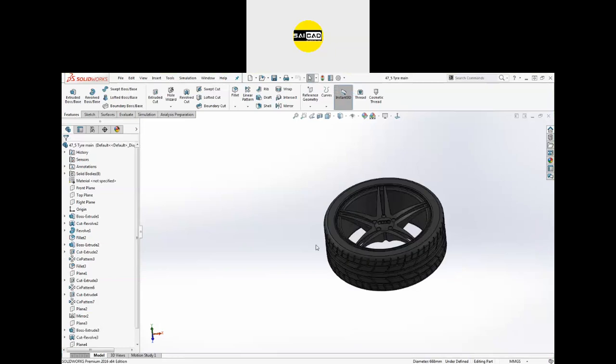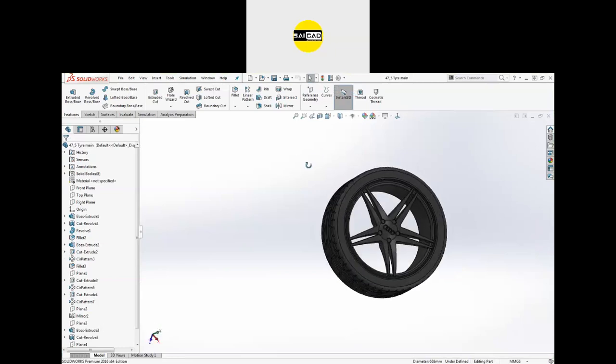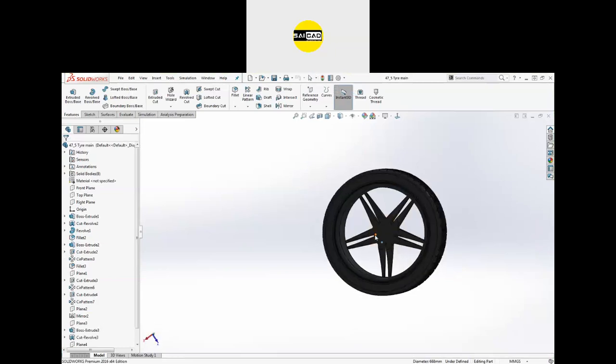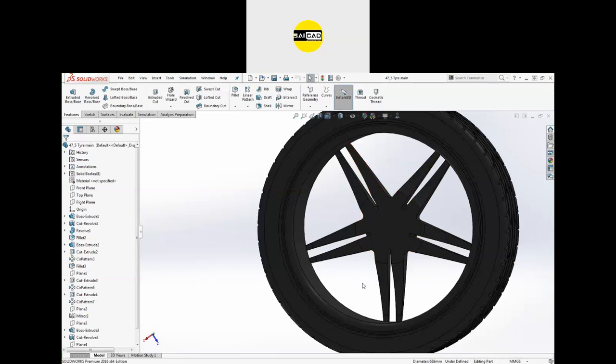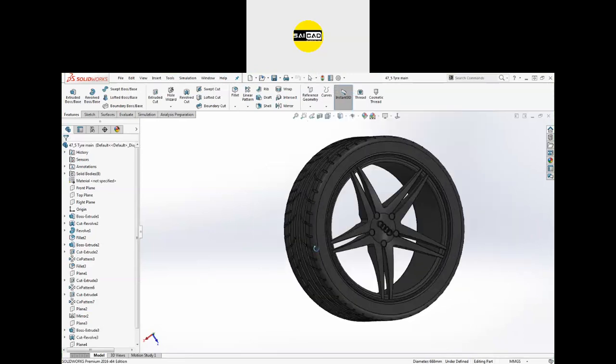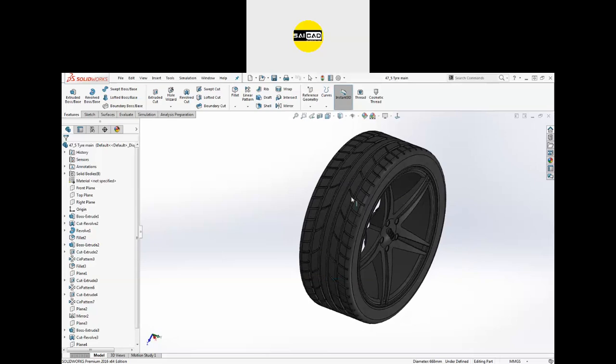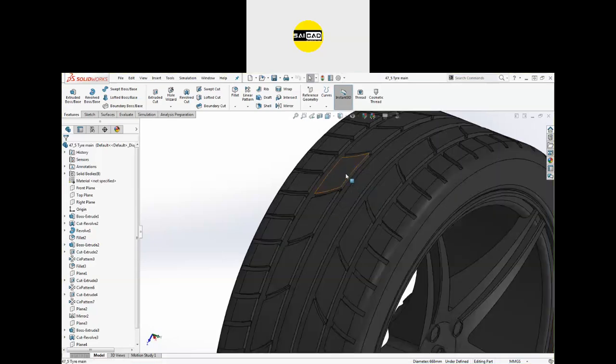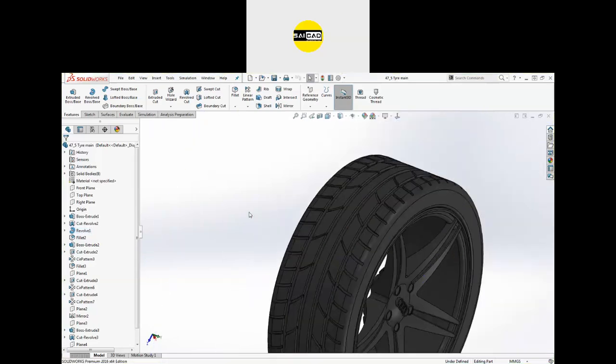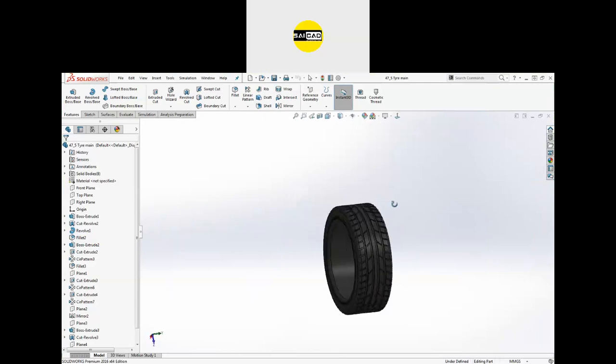How to create those? You can see I have created this one also. This is a very simple product. I have not created it according to the standard. Just to create the representation, I have created this one. You can see I have created some threads here also. Okay. So how to combine, how to assemble the product, this is what we are going to cover in the session today.